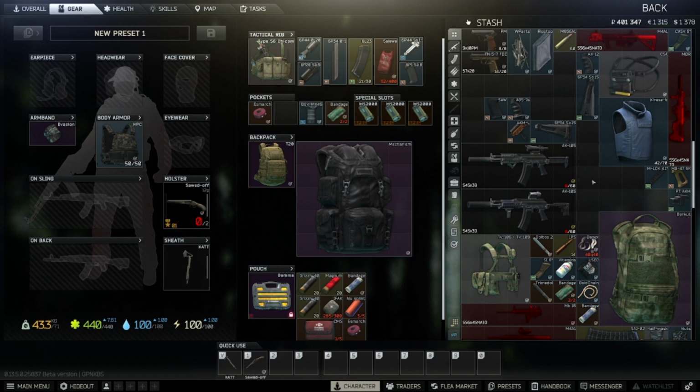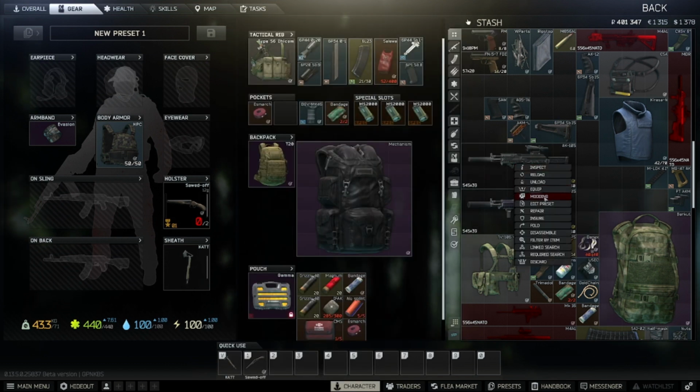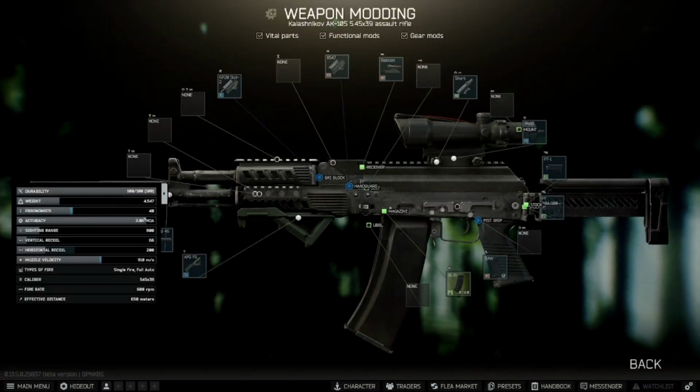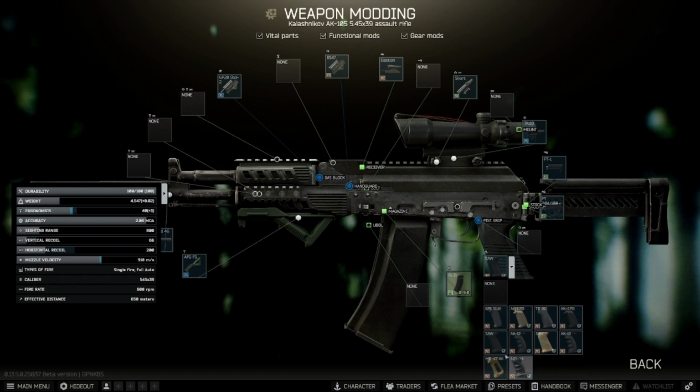Ergonomics usually in these tasks are the toughest part to combat. One of the best ways to do that is by using pistol grips. And if I inspect this one, actually I will mod this one. You can see here that I'm at ergonomics 40. That's because I'm using the SAW. The SAW